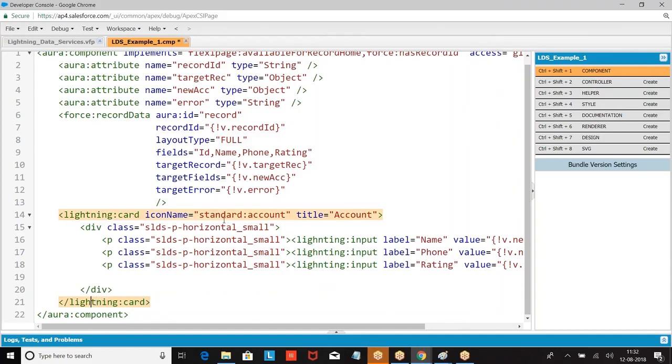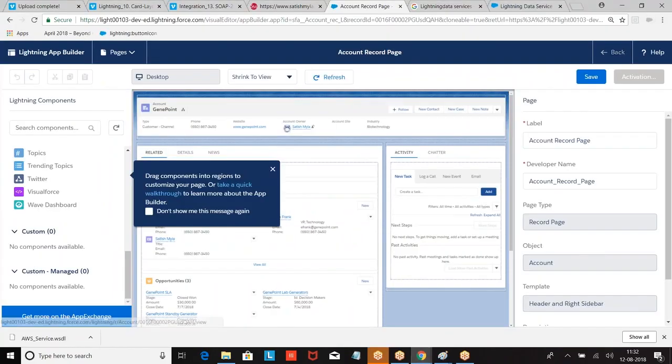What was that? Light. Okay, we have defined this. Now go back.